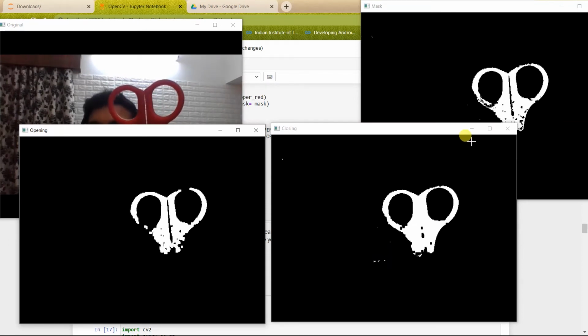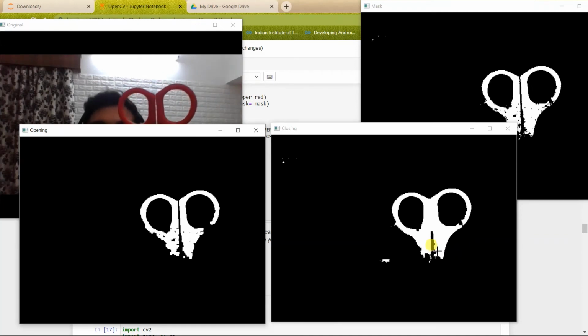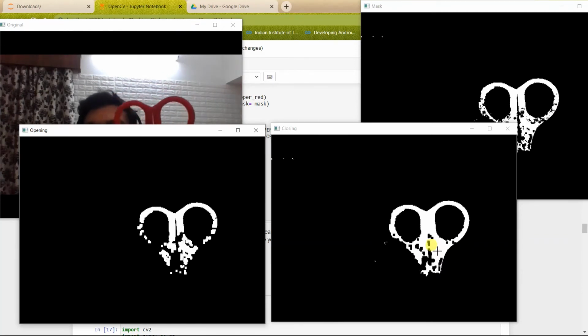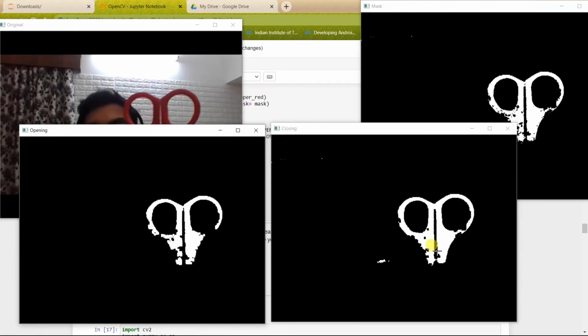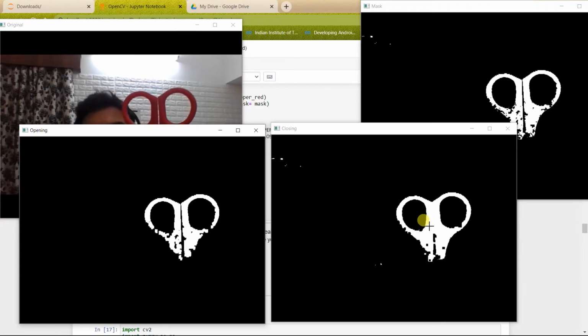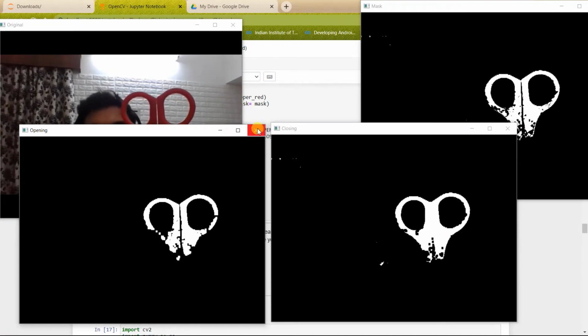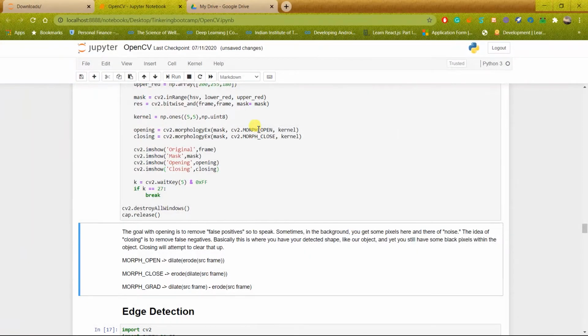Okay, you must be seeing the noise still. That is because my hand is a little bit shaky. If you use a particularly still object, you will probably not get this noise which is present inside. Okay, so this is the use of the morphology.